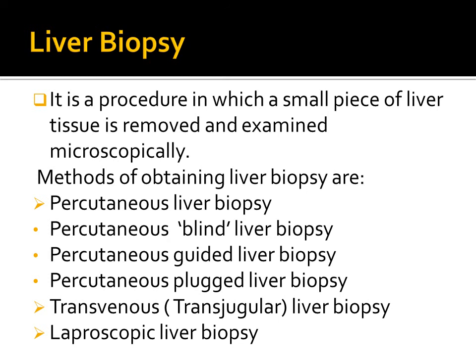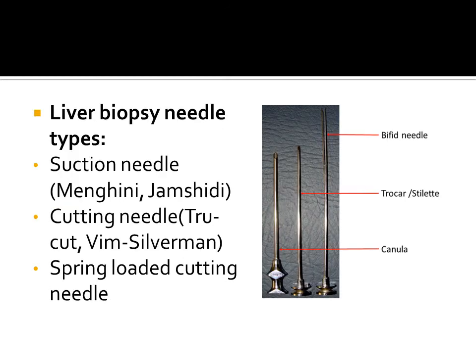This liver biopsy needle comes in your clinical viva tray, where you have to identify the needle and the different parts of the needle. There are three parts: the cannula, the outermost part, the trocar and the stylet, and the main needle which catches the tissue. It has a bifid lip, or fork-like lip, so it can catch the proper amount of liver tissue. Different names are the Menghini, Jamshidi, Tru-Cut, and Vim-Silverman biopsy needle.